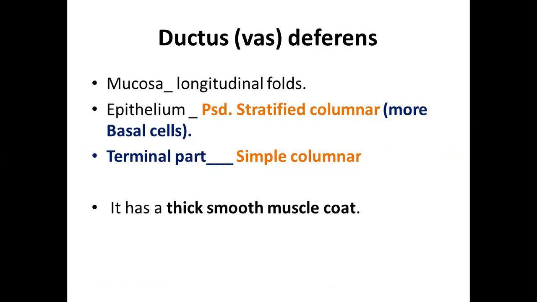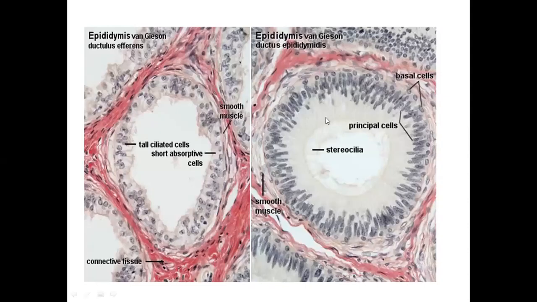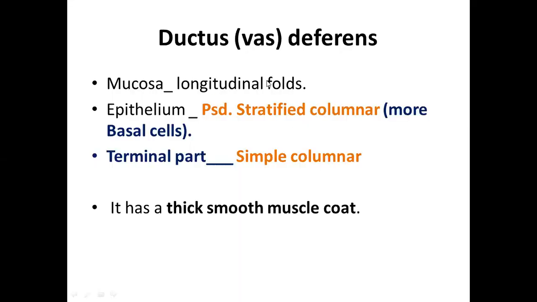The next level of duct, which travels inside the spermatic cord, is ductus deferens or vas deferens. It is lined by mucosa, then there is muscularis externa, and then there is adventitia. If we talk about mucosa, it is again lined by pseudostratified columnar epithelium, but its height is comparatively less. And in the terminal portion, there are certain parts where the epithelium changes into simple columnar as well. But compared to ductus epididymis, the height of the pseudostratified columnar epithelium in ductus deferens is comparatively less, but it also has stereocilia.